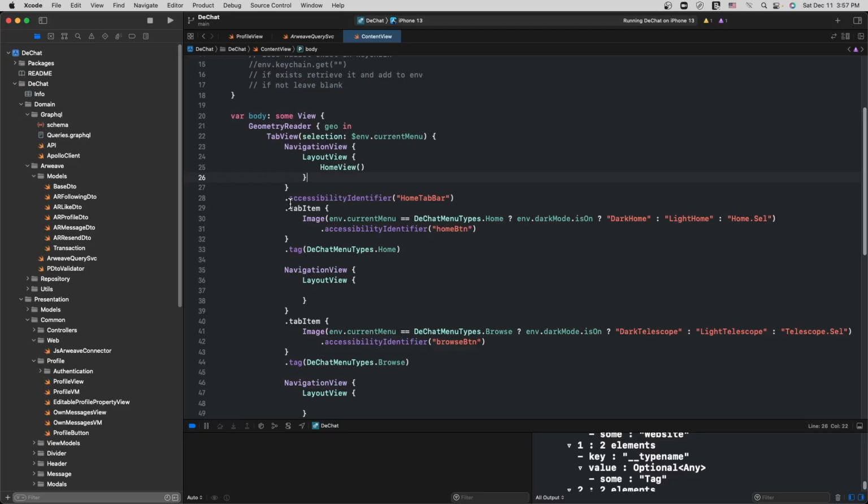So what that means is that Arweave is an immutable data store. Once you put data onto Arweave, unlike other solutions like IPFS, that data is guaranteed to be there forever and is also guaranteed not to be able to be tampered with or modified in any way.